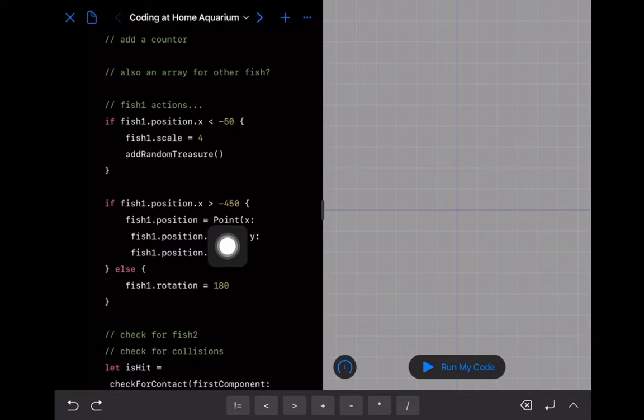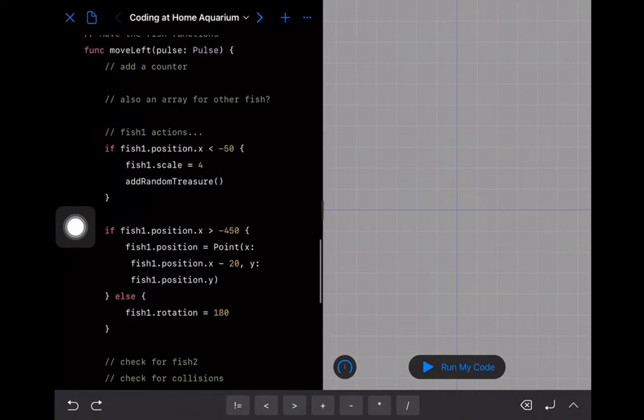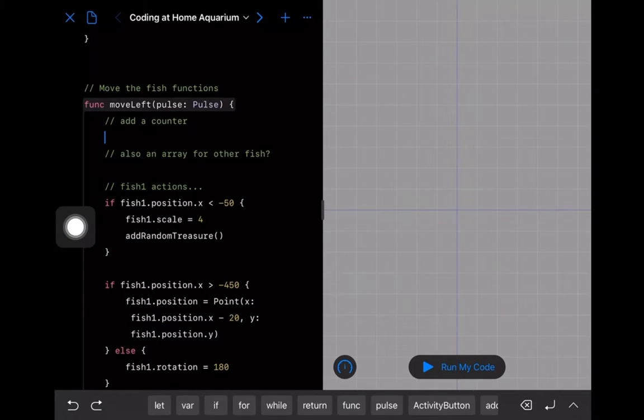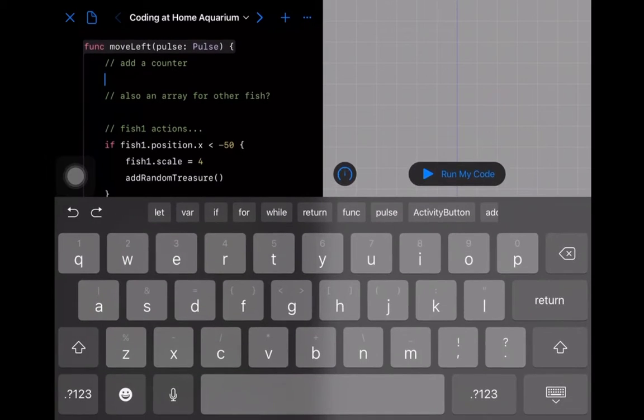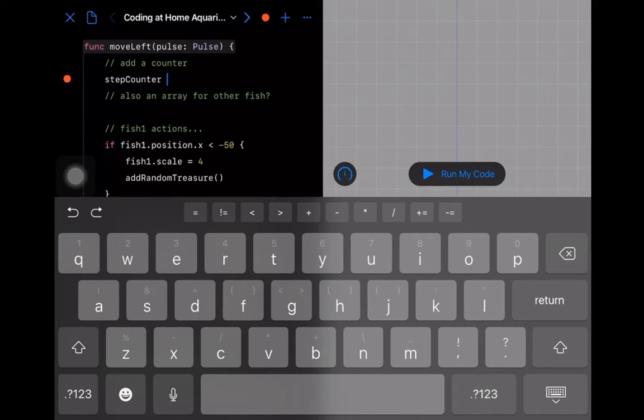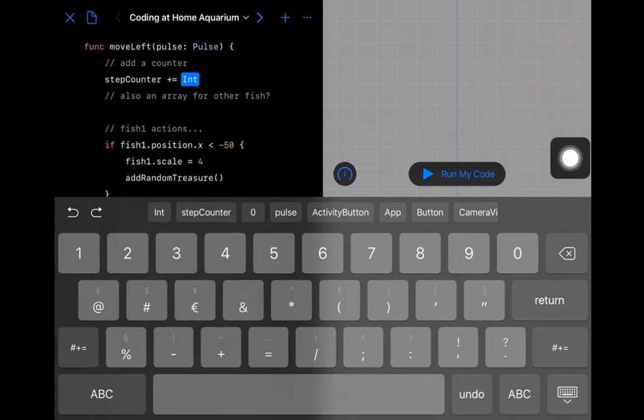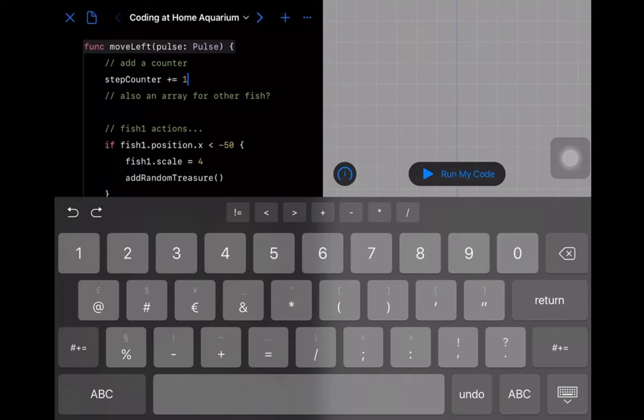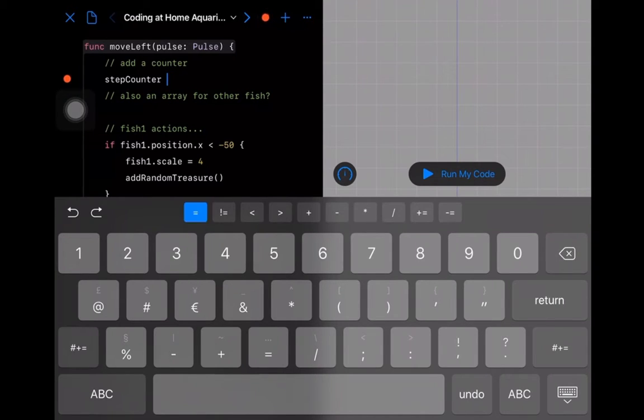So let's see. I only want to take a step maybe when I actually move, because I could add the counter here and say, okay, well, step counter. And this is a handy way to increment something. Increment just means to add to something. You can see in the autocomplete, I have a plus equals button. If I tap on plus equals and I do 1, this is sort of the shorthand way for writing this. So I could write equals